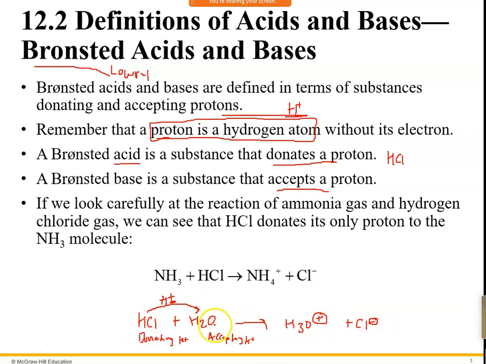Okay? As far as the acid and base is concerned, notice HCl is donating its hydrogen. So anything that donates the proton, we call the acid. So this HCl is called the Bronsted acid, or the Bronsted-Lowry acid. I'm going to put a BL acid. And the water is acting as a Bronsted-Lowry base. So they basically said in every reaction, you have both a Bronsted acid and a base. Okay? So every reaction, it doesn't matter if it's HCl, if it's